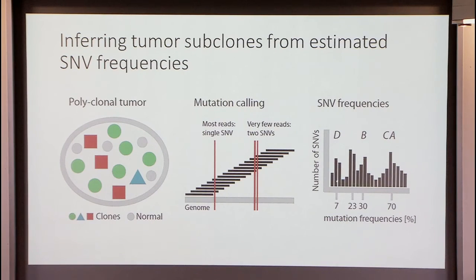So here are the frequencies, and here's the number of SNVs with that particular frequency. Of course, there's a very strong underlying assumption here, namely that if two SNVs have a similar frequency, they are very likely to come from the same clone. And that assumption is already for larger frequencies not always correct for sure. For lower frequencies, I think there's no way of getting very far with that because there's quite some uncertainty in estimating the frequencies. If we knew the frequency precisely, it would be much better. But of course, we only have an estimate. The reads are only a finite sample. So there's a lot of uncertainty here.